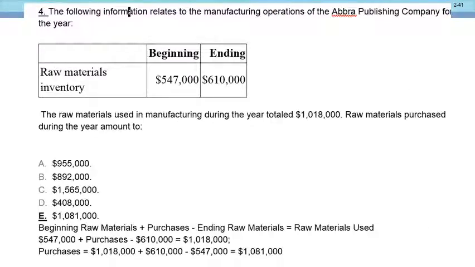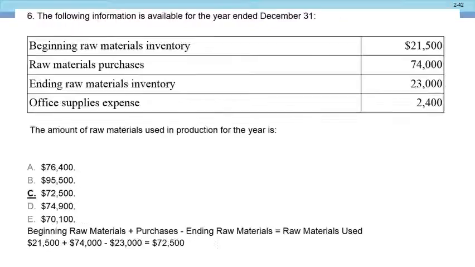Want to do one more? Or you've had enough of this? Oh, please, one more. Okay. Didn't we do this one already? Okay. That's in there again. How about this one? Have we done this one yet? Okay. Let's go ahead and do this one. Now, this one is what? Raw materials again.